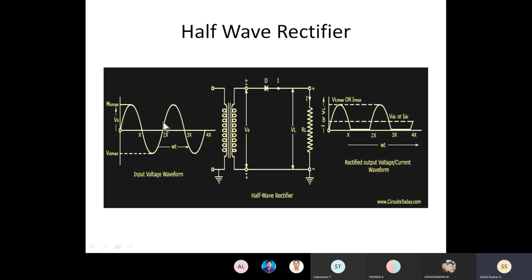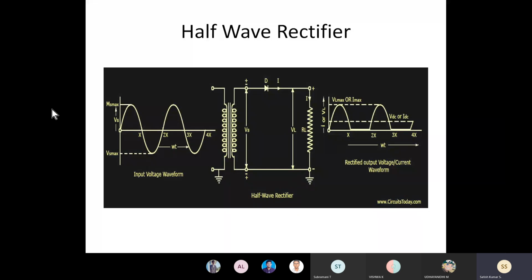We are going to take only this time interval, 0 to 2 pi. That's the completion of one cycle. 2 pi is nothing but 360 degrees. To complete one cycle, we have one positive peak and one negative peak. In the positive peak, that voltage will be transferred to the secondary side.